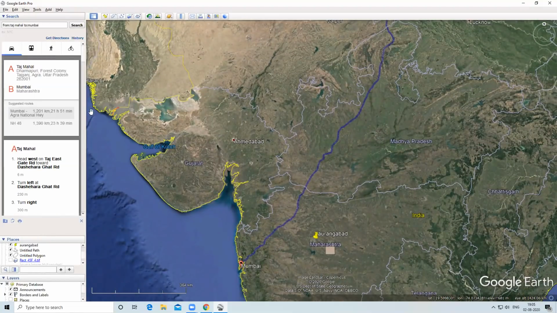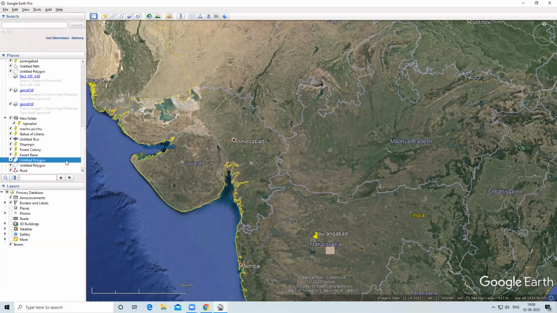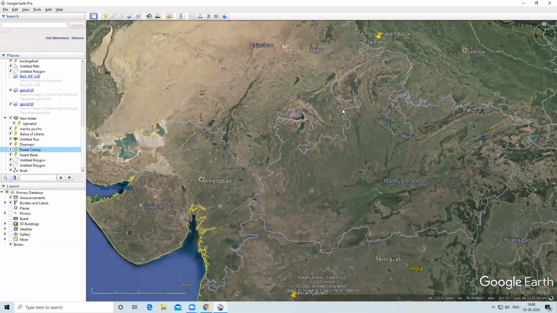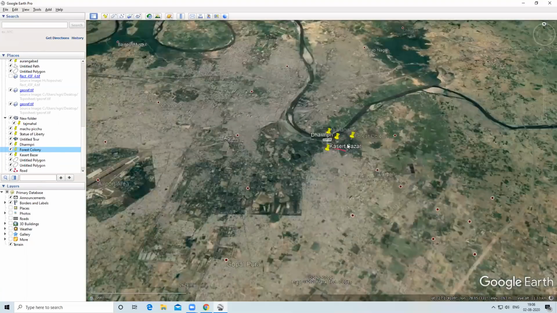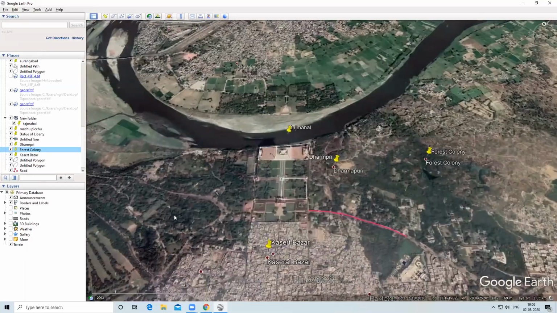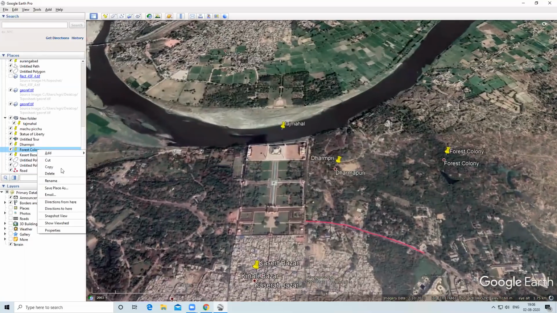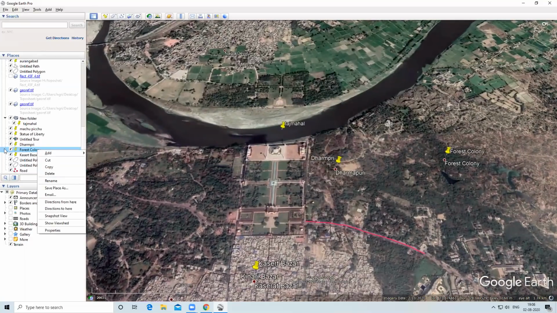Now if I want to close this, I will click here and it will be closed. This point we have digitized. If I double click here, it will go exactly to the place where we have entered the point. If you want to delete this, you can right click and delete the point from here. Now I will turn on the 3D effect.